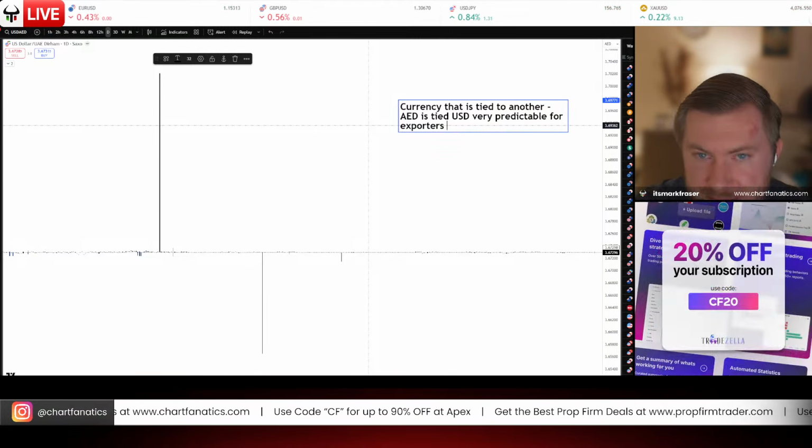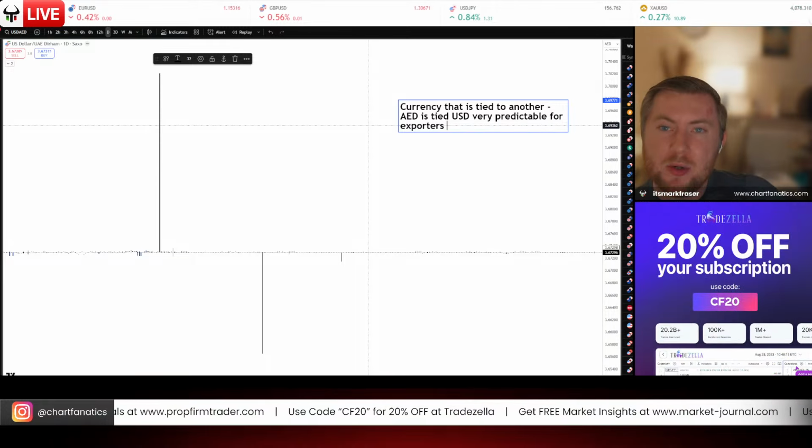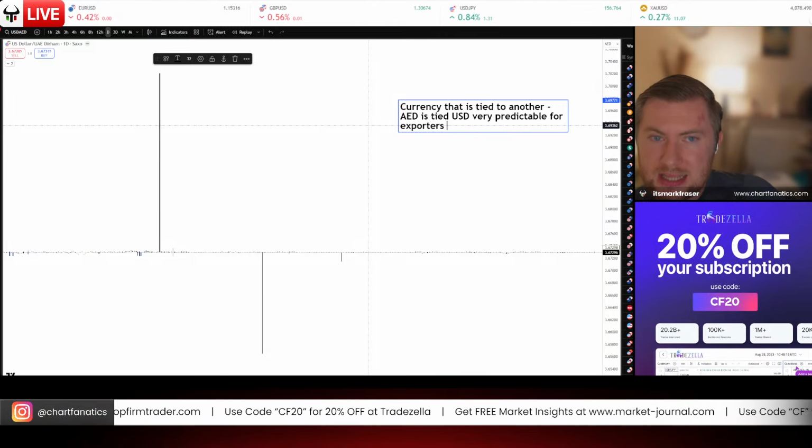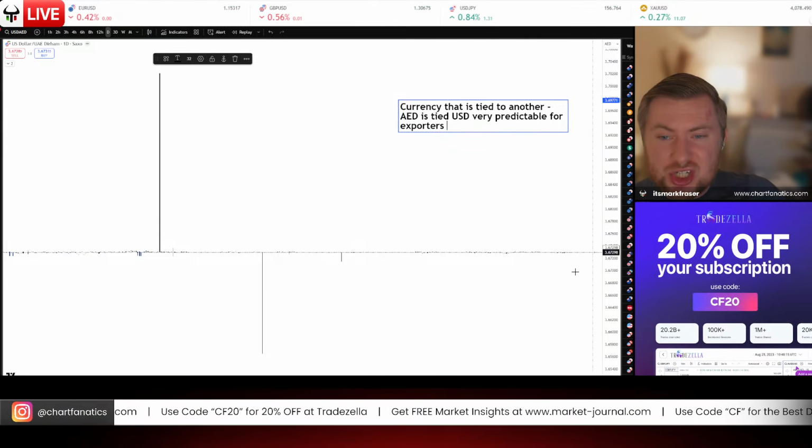It's a bit difficult to predict how much money you're going to bring in or how much you're going to earn if the currency is always swinging, right? It's going to be difficult to predict. Whereas the reason AED is pegged to the dollar is because it's predictable for them when they sell their oil. They know that the currency is generally going to stay around 3.67